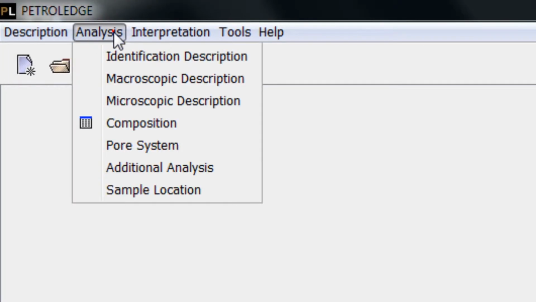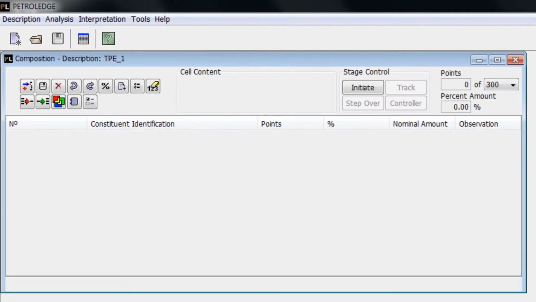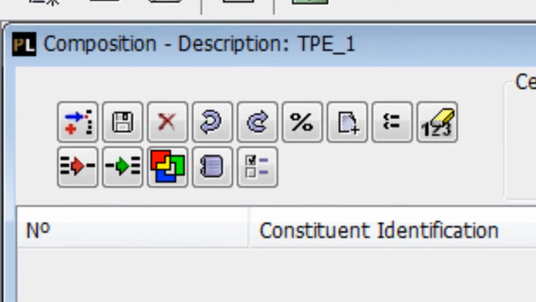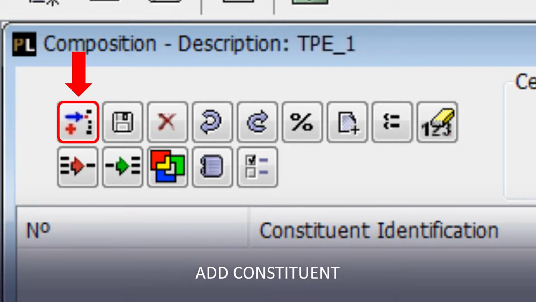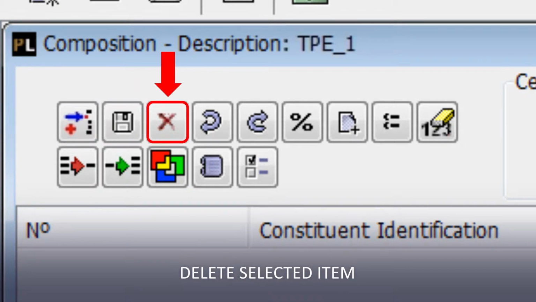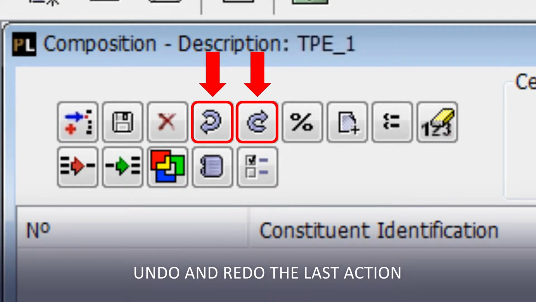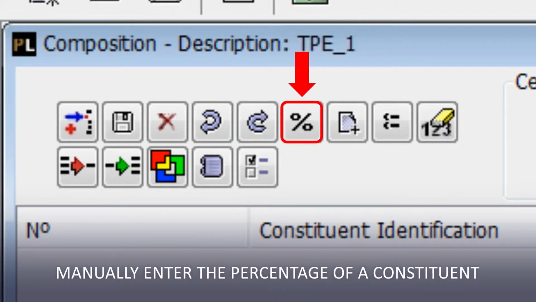To start the compositional analysis of the rock, go to the Analysis menu, Item Composition. The Composition screen provides a toolbar with arrows showing the tools, with features that guide the compositional analysis. The following features are available: Add Constituent, Save Description, Delete selected item, Undo and redo the last action, Manually enter